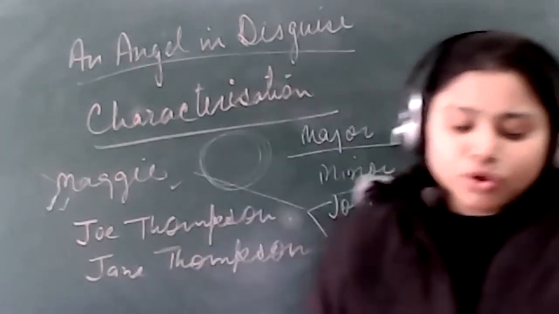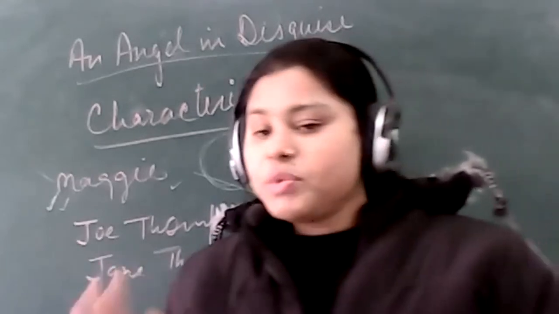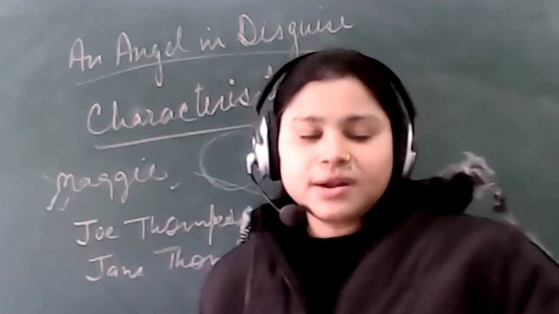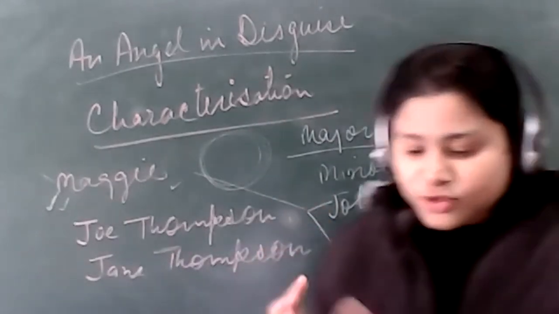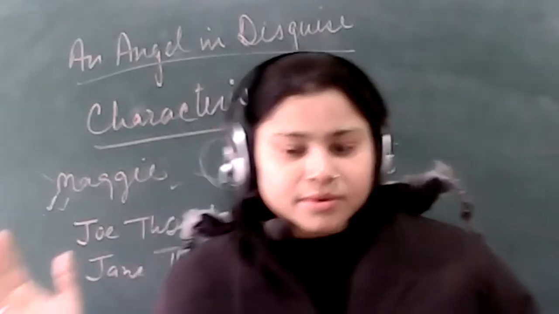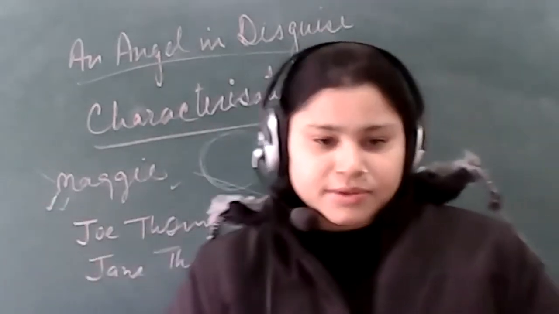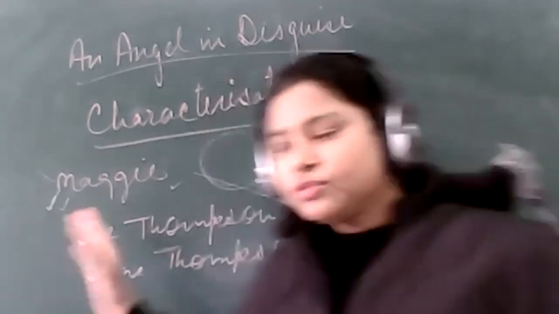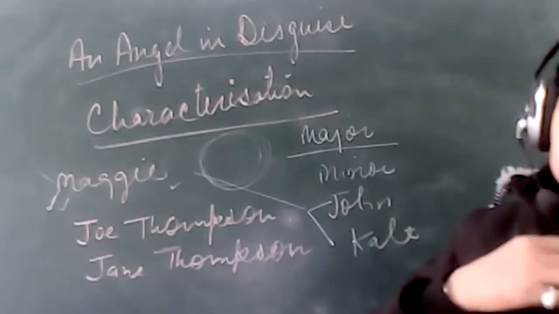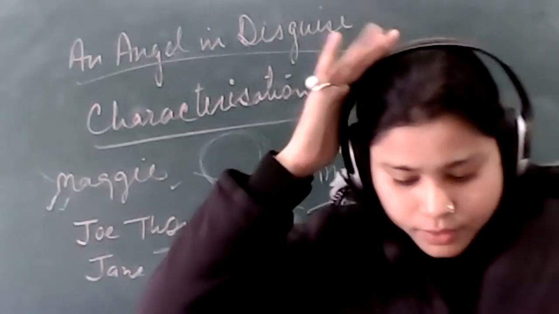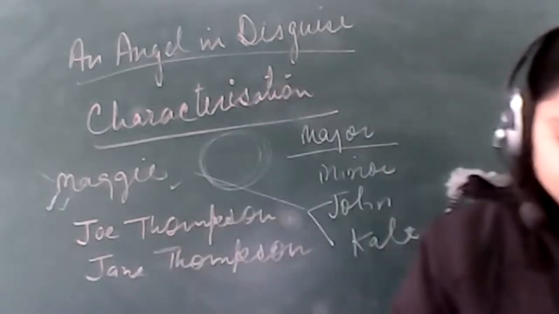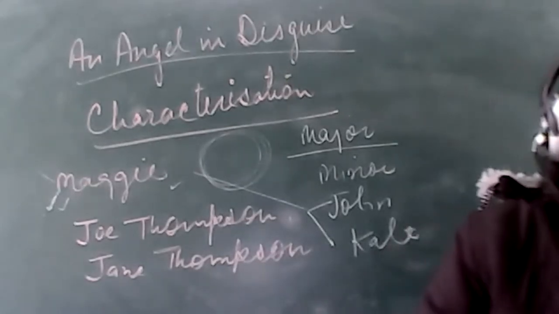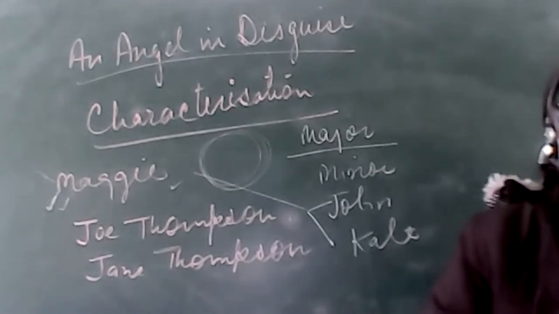Maggie, like any small child, seemed to be scared of being alone. When we talk more about Maggie, we find that like other children, as you know, children are in the habit of staying with people. They don't want to play alone. So that is why she was also the same. It says that she, like many small children, seemed to be scared alone. It was out of fear